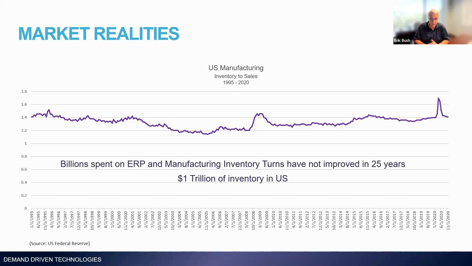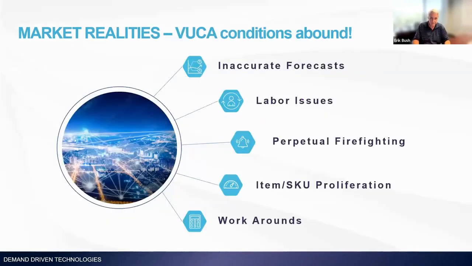While there was a little bit of an improvement in the economic boom of the mid-2000 to 2010 era, it obviously turned around with the economic collapse that we had in '08 and '09. And you can even see a little blip there on the right where the onset of COVID had an impact in the 2020 timeframe. So suffice to say, we should be able to do better. And I think everybody understands that there's got to be ways to get to a better place.